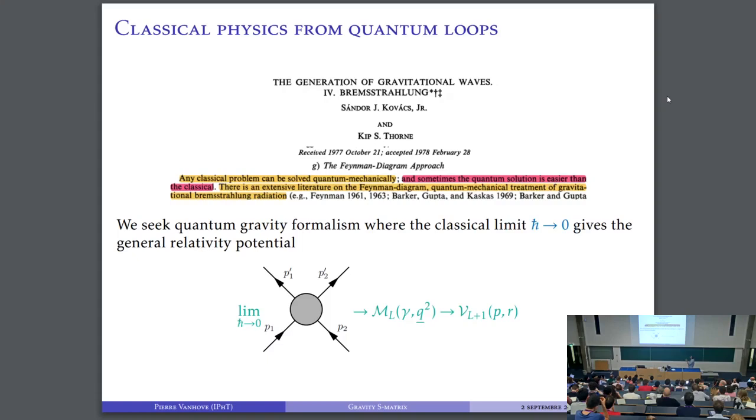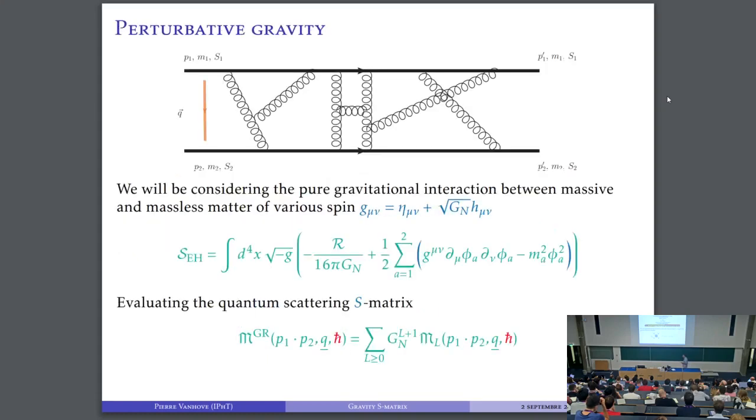So this was an approach that was already suggested by Kovacs and Thorne quite some time ago, in 78, and this is exactly what we're going to explain. So within the framework of a point particle approximation, you do the following. You take your Einstein-Hilbert action, this is Newton's constant. Here I'm writing 4 dimensions, but at some point I'm going to compute amplitudes that will have